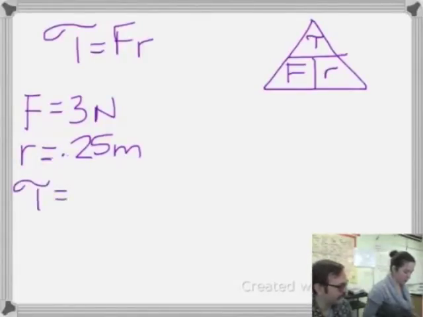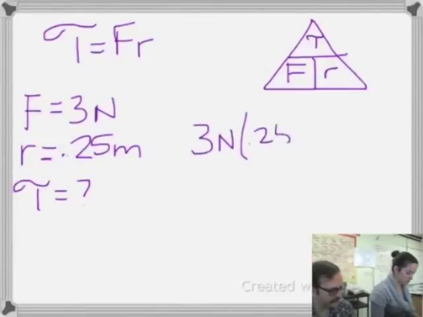So we have force, we have radius, and we're looking for torque. If you look at our formula, all we have to do with these two variables is multiply. So 3 newtons times 0.25 equals